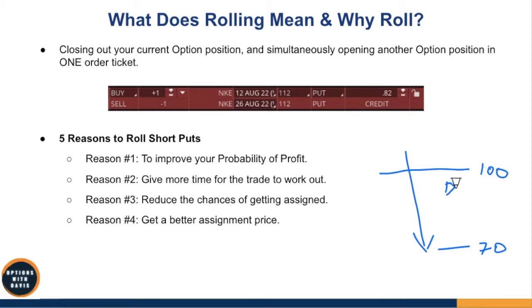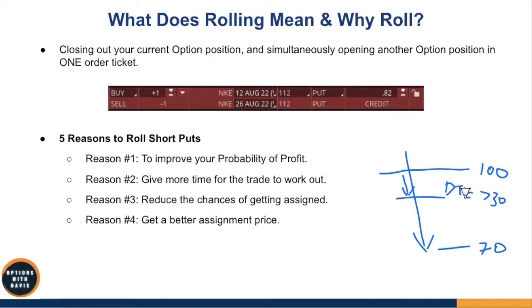I have had many options before where it has gone deep in the money, but I haven't got assigned on it because the DTE is still more than 30 days. So sooner or later, if you let this go closer towards the expiration date, then there's a bigger risk of you getting assigned. So if you want to get a better assignment rate, one way is to just roll it down. So for example, if you roll it down